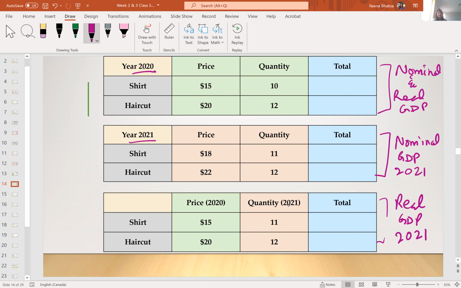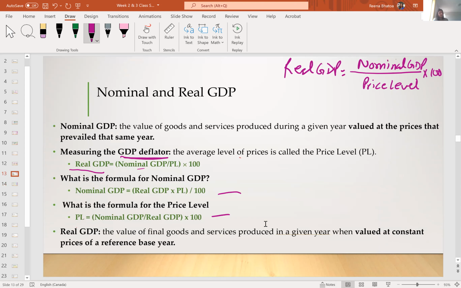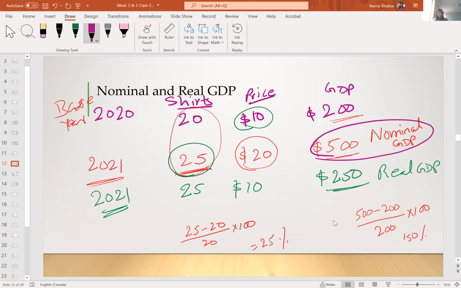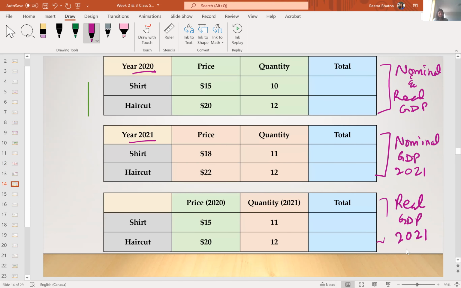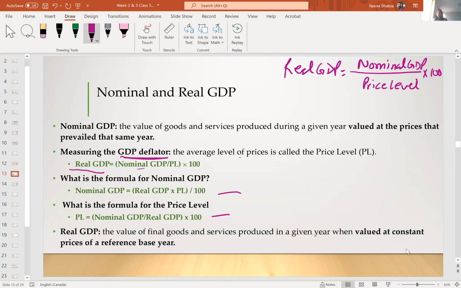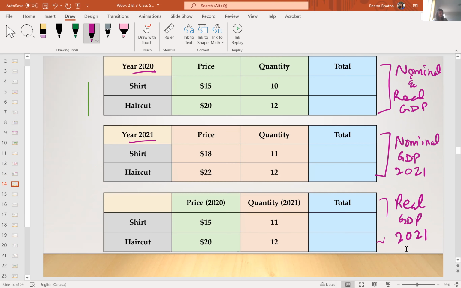Okay, so just try it and check how much is the difference. Is there really any increase or decrease in real GDP, even if nominal GDP is increasing, right? In this economy, there are 2 products, shirts and haircuts, one product and one service. It's just simple, so work with it like I did here with the shirts. Just try and calculate nominal and real GDP for both the years. To use this formula, I will give you a practice question in class to work on. Okay, but before that,